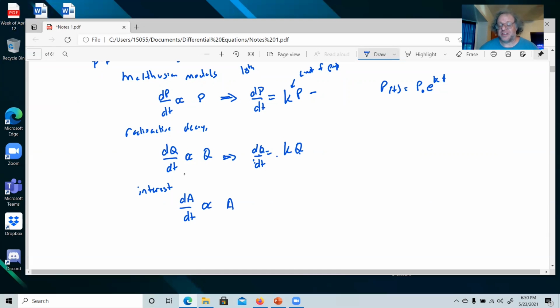I know that's revolutionary, but what we're going to say is dA by dt is equal to, or is proportional, or is equal to the constant of proportionality. That'd be your interest rate times your amount. Okay, and I think this ended up being this equation. Principal is A sub 0, so A sub 0 here would be P for principal, e to the rt. It's really important that r is expressed